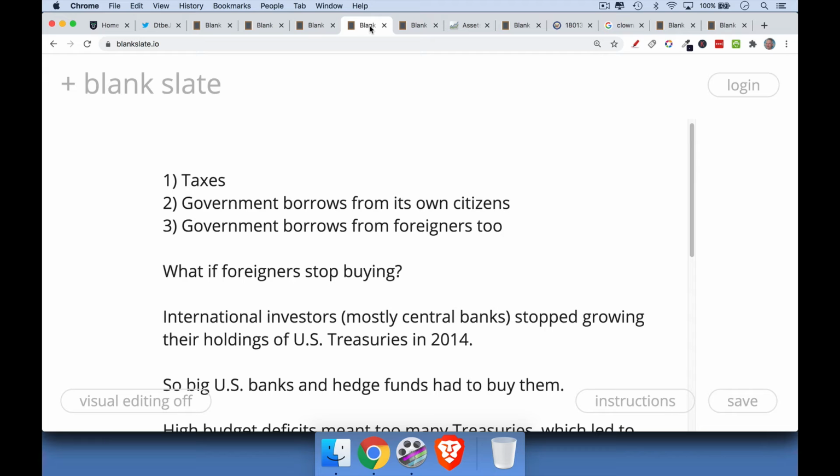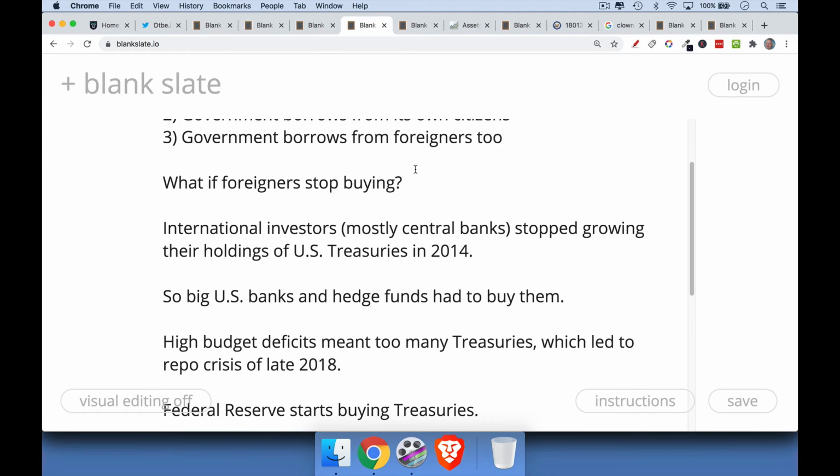And so what this meant, as the U.S. government increasingly ran these larger and larger budget deficits and had to borrow more and more money, is that someone had to buy these U.S. Treasuries. From 2014 to 2018, it was the big U.S. banks. They had balance sheet room for it. So your JP Morgans, your Bank of Americas, your Goldman Sachs, they bought it. Also hedge funds, a lot of institutional investors bought Treasuries for their various strategies. So basically you had the U.S. government just spouting out all these Treasuries, and you had the big banks and hedge funds